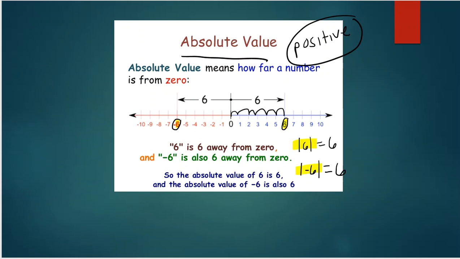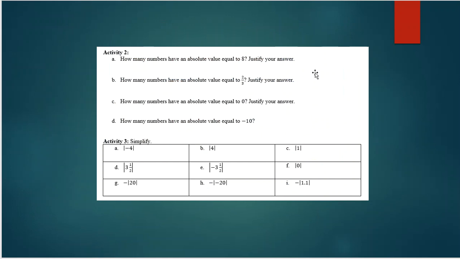Okay, let's move on to activity 2. Letter A says, how many numbers have an absolute value equal to 8? Okay, so when it says how many numbers have an absolute value equal to 8, well, that would be